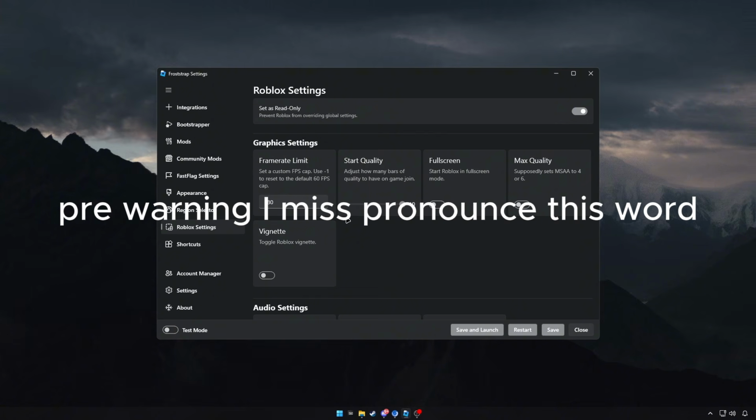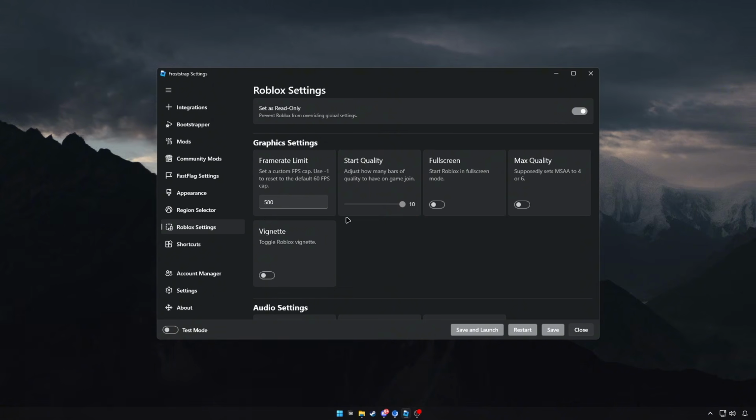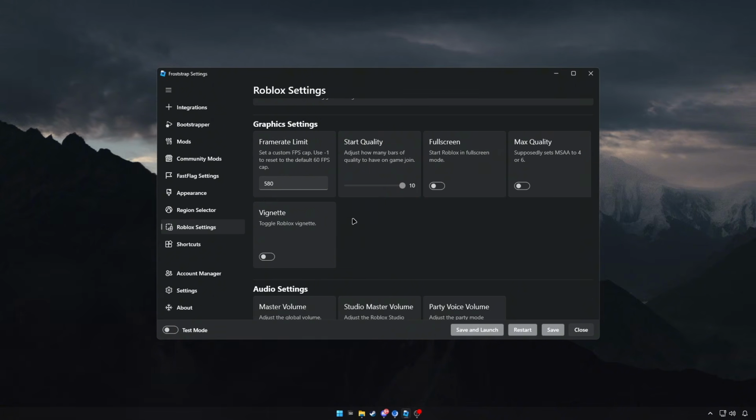Settings. So the first one that I was talking about, which is the important one, is Vigilante. So this is just the border around Roblox. It has a dark border, which is kind of stupid, and it's an in-game overlay. So it will give you like 1 to 2 FPS, and you won't even realize it, so just turn it off. And then the other 2 settings I was talking about that were not that great, but still good, which